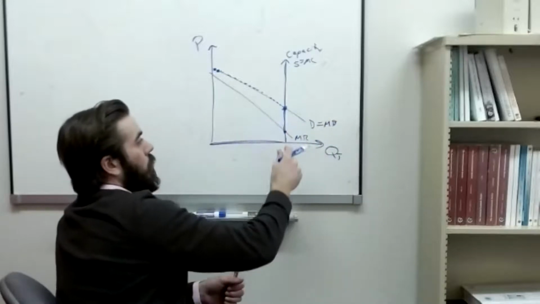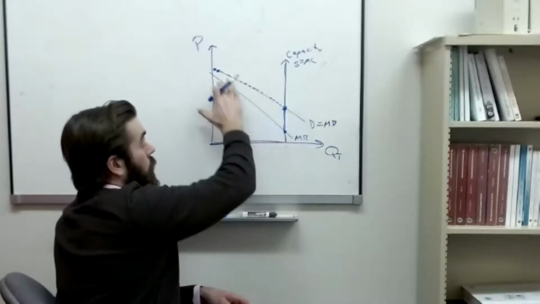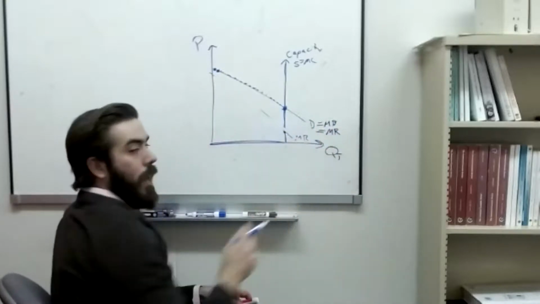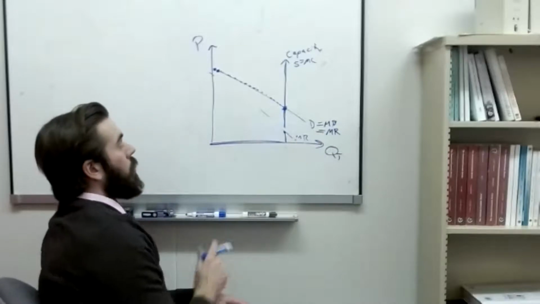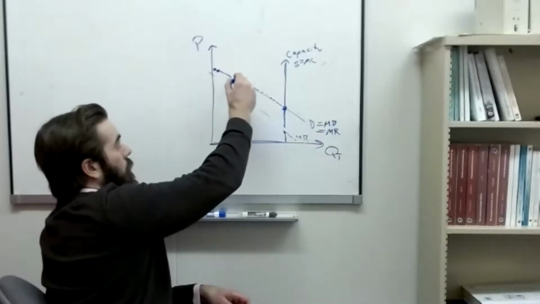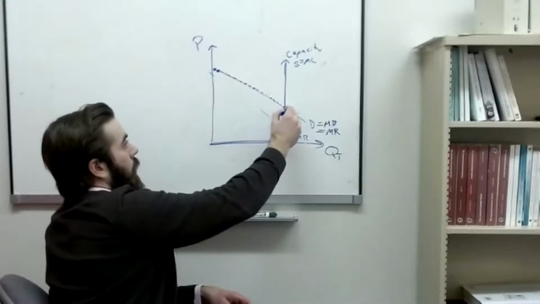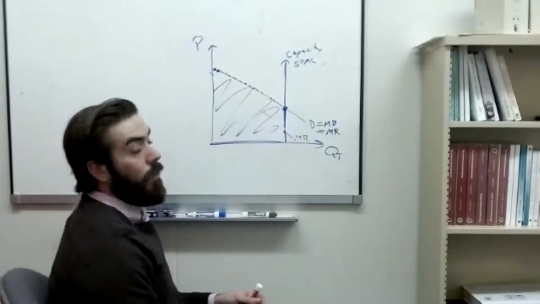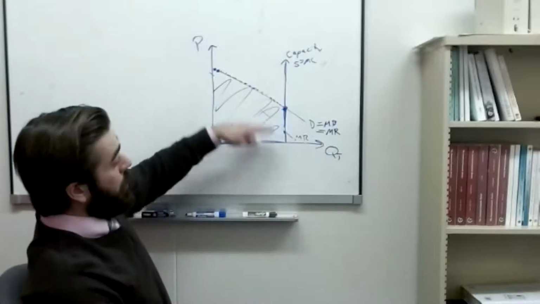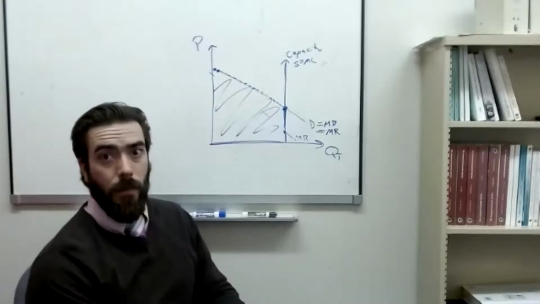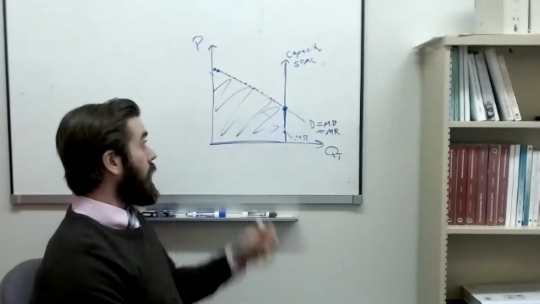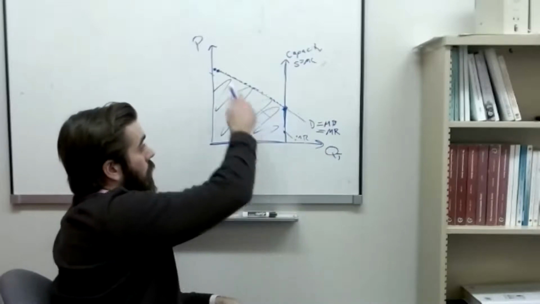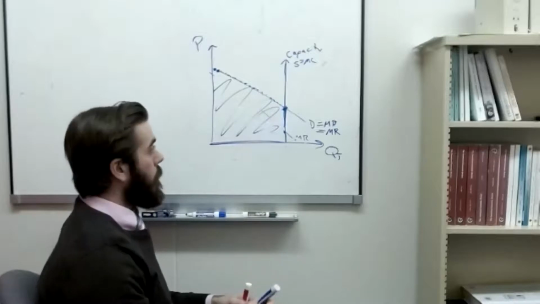So our new marginal revenue curve, if I'm able to perfectly price discriminate, essentially becomes our demand curve. And now what is producer surplus? Well, I'm getting this price for every single ticket I sell, and I'm selling this many tickets. So producer surplus becomes the entire area under the demand curve and above our supply curve, which runs horizontal there. So you can see this is why firms like this, because they can essentially turn all of surplus into producer surplus.